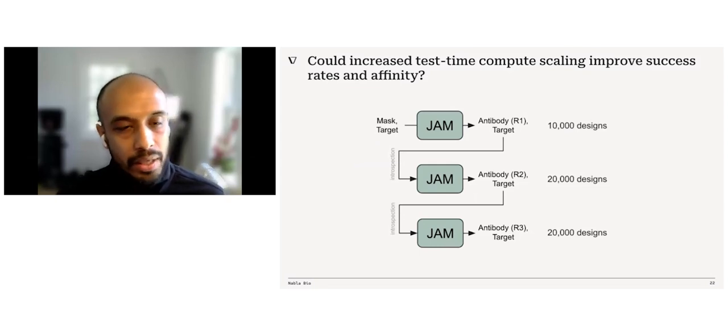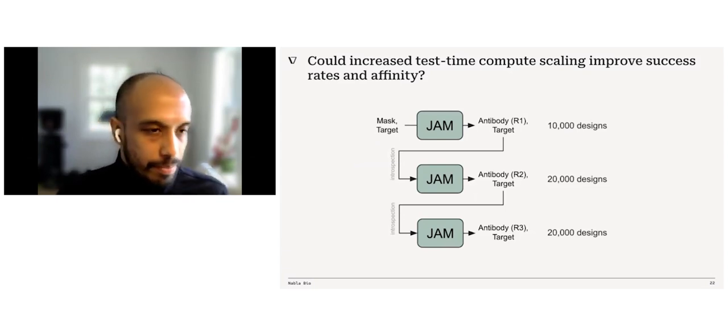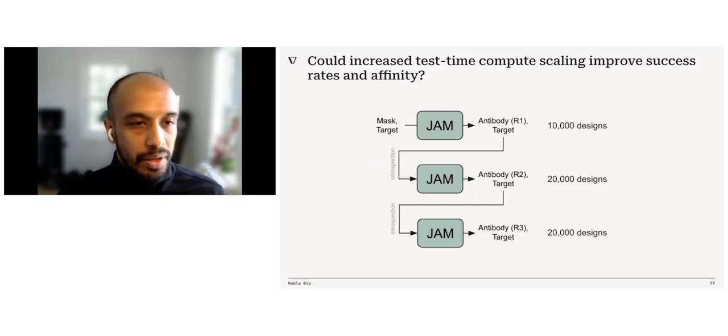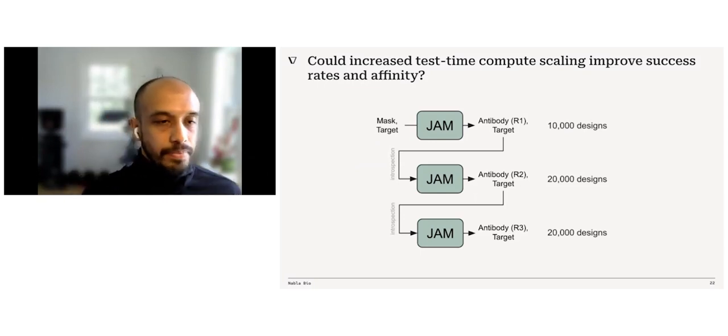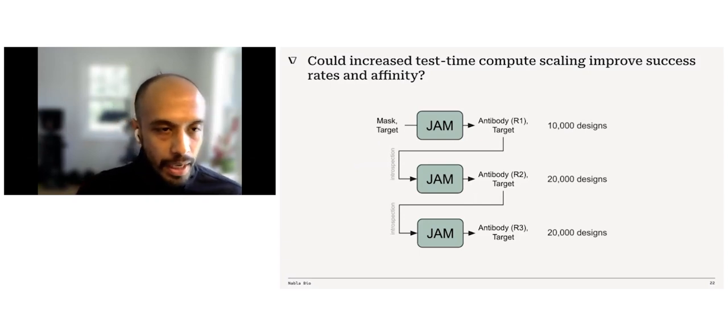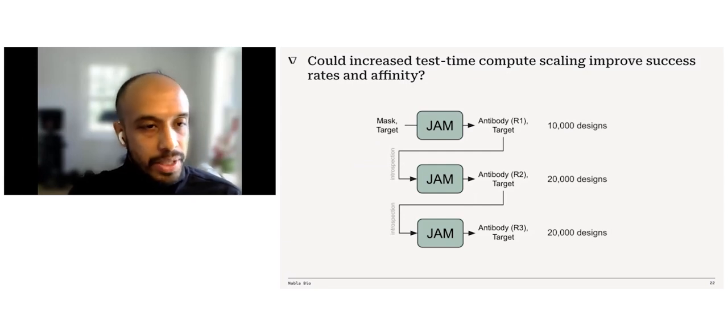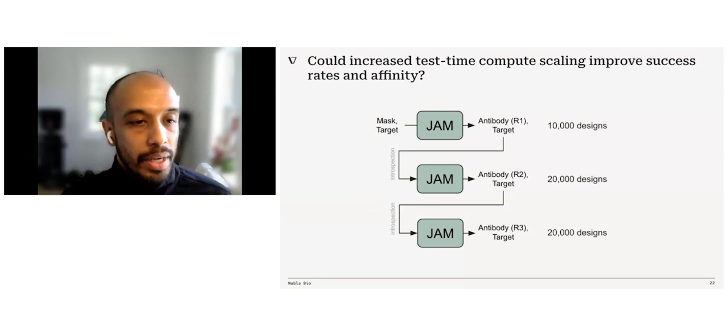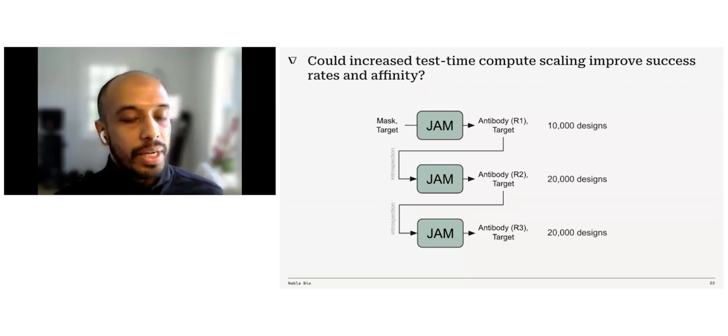So it's a similar idea here that we can apply, where initially we start with just the target information. So again, just the target sequence or potentially the target structure as well, if that's known. And we use JAM to generate an initial antibody target complex. And before going into the wet lab and testing those designs, in a fully computational loop, we can take those generated antibody target complexes, which we'll call the round one complexes, and feed them back into JAM. And essentially what JAM will do is take those as input and elaborate upon them to generate a new set of round two antibody target complexes. And then we can feed that back into the model again and generate a set of round three